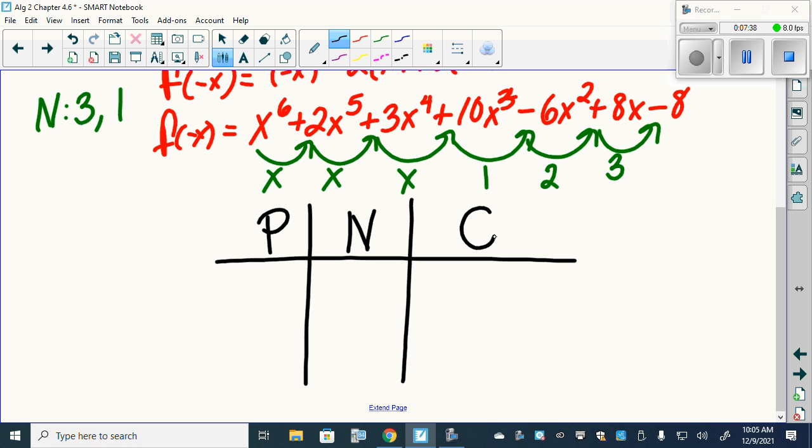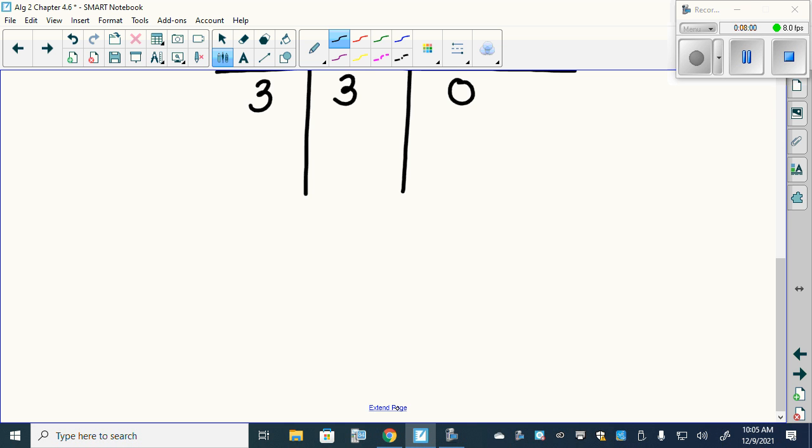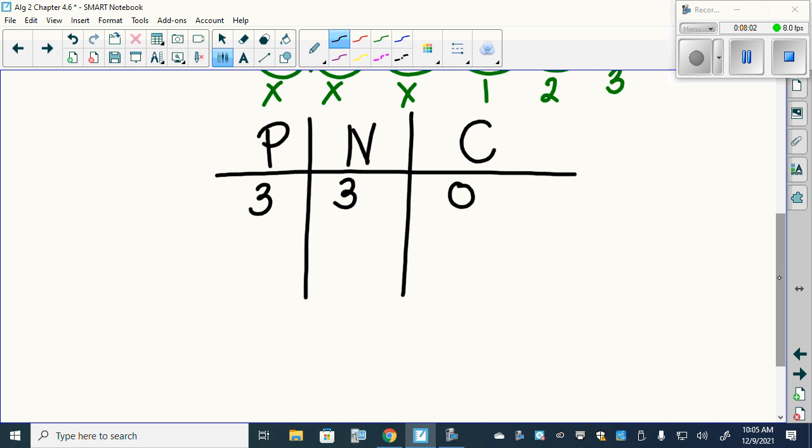What was the most positive numbers we could have? What's the most negatives we could have? What is the total number of solutions? 6, yes? So if I have 3 positives and 3 negatives, do I have all the solutions? So we would have 0 complex. So if we had 3 positives and 3 negatives, we have all 6, so we're good,